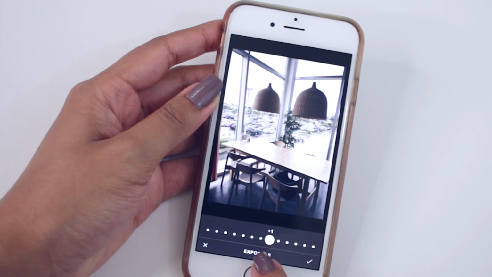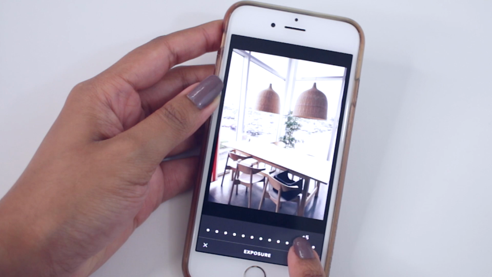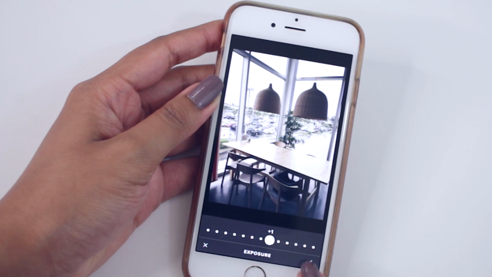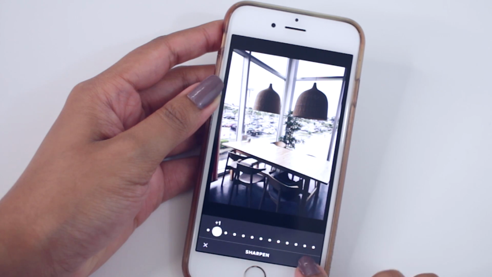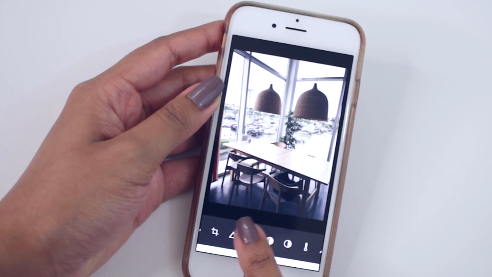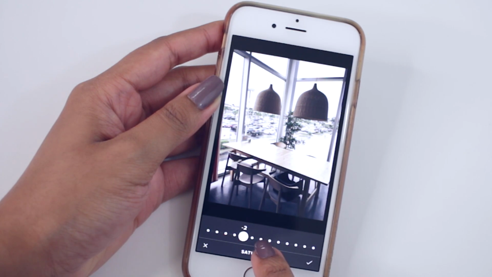So this is what I'm doing here. I'm messing with exposure. You can bring it all the way up, but I don't usually do that. I'll usually bring the exposure down, and I'll bring the contrast up. I'll probably bump that up 1 or 2 times. Of course, I like to sharpen. I feel like the sharpen tool in this app is better than all of the other ones. And then I'll fix shadows, and I like to bring down the saturation a lot.